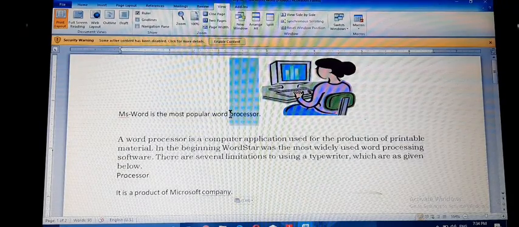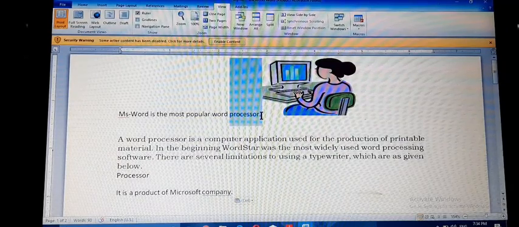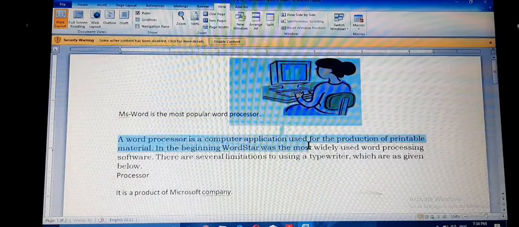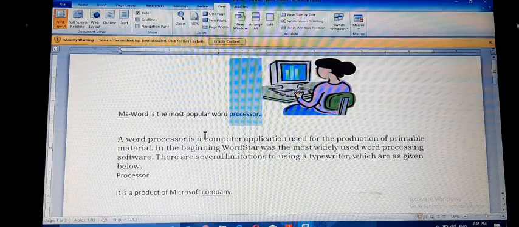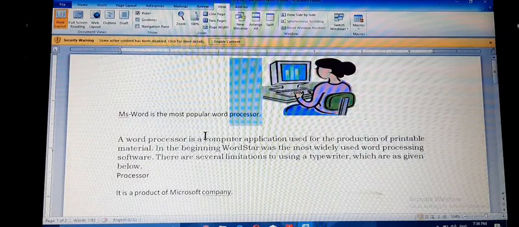Then pressing the left mouse button, we need to move over the word and release the mouse button. Okay, in this way we can select a character, word, or a sentence or paragraph.